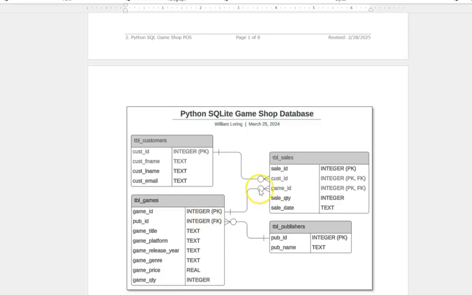The game ID connects up to here. The customer ID connects up to here. These are primary keys in these tables. Over here, they're foreign keys, but I have PK in there because together they make up a composite primary key. This unique interaction plus this primary key integer makes each transaction unique, and that allows us to do reports later